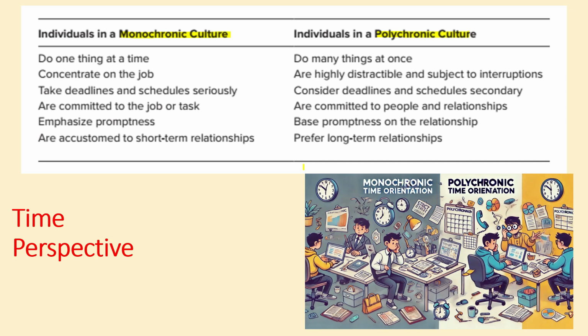Most North American countries lie in this monochronic time culture. On the other hand, Asians, Indians and Latin Americans tend to see time as less discrete, and they do not schedule it. So they may be simultaneously involved in many activities and it seems natural. People and relationships take priority over the time schedules and meeting schedules that are given, and such cultures have an orientation towards the present and the past. So this is known as a polychronic time perspective.